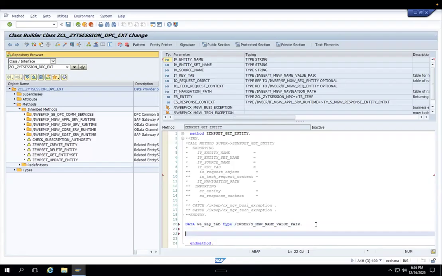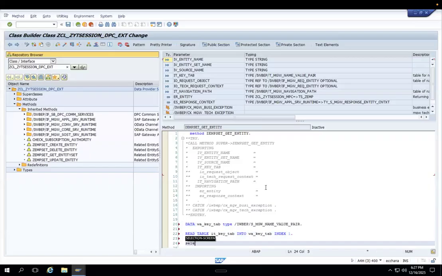Now that I have defined my data, I would have to read the information. To read that, we have read table, and I would be reading it from IT key tab. Where is it going, like from where to where? So IT key tab into the work area key tab, and we have to define the index as one. Now we would be giving the name of the table, and how many values you want to push, or things like that. So now I would be using select